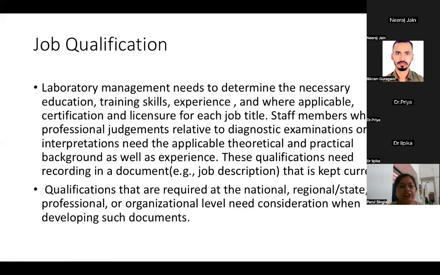Then job qualification. Lab management needs to determine the process, the necessary education, training, skills, experience where applicable, certification, and licensure for each job title. Staff members who make professional judgments related to diagnostic examinations or interpretations need the applicable theoretical and practical background as well as experience. This is how we define the job qualification, that yes, you are qualified for this job or